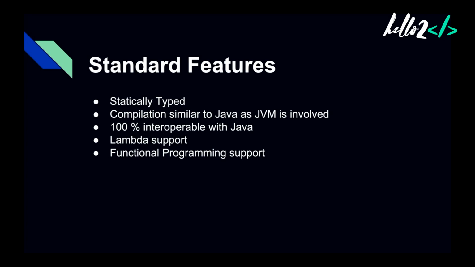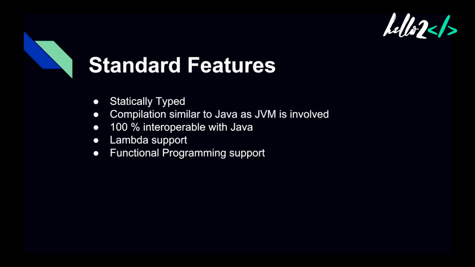In Kotlin, the compilation is similar to what happens in Java. Here also the code is converted to bytecode, run on the JVM, and then converted to the respective machine level code, and that's how a Kotlin program is run. So this part of Kotlin makes it 100% interoperable with Java, as internally it uses the JDK compilers only.